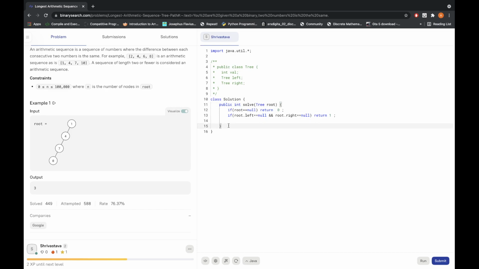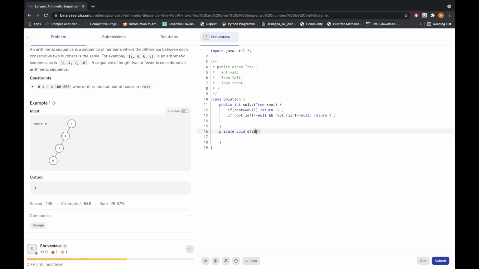Now we need to actually call a DFS method, as we want to go downwards in the tree, right? So let's write the DFS method. It will be private, and void. Should I keep it int? Let's keep it void for now and see if we want to return anything. We'll call it DFS.